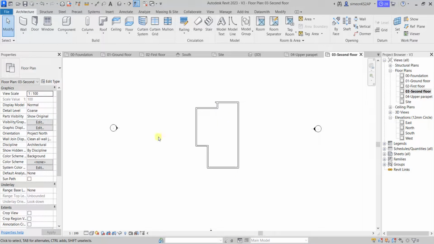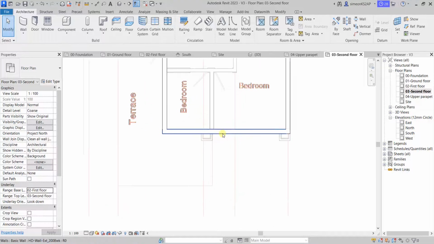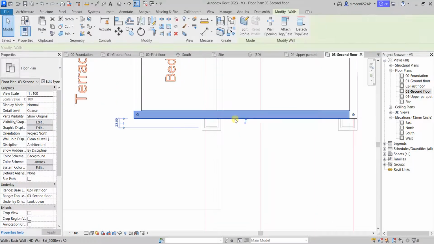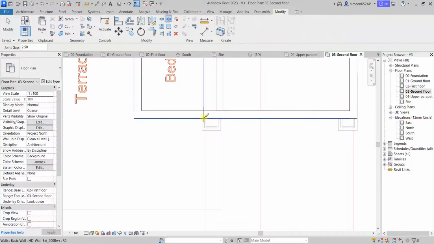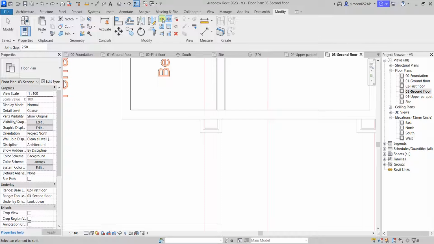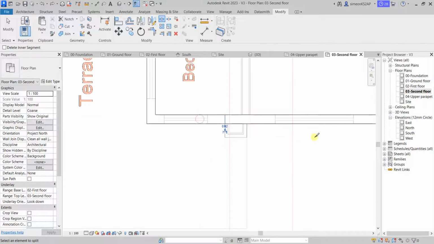Now let me go to the second floor, activate the underlay. I'm going to activate the first floor, that's trying to observe what's underneath the floor. And now I'm going to split. No, I'm not going to split with a gap. I'm going to split this way,